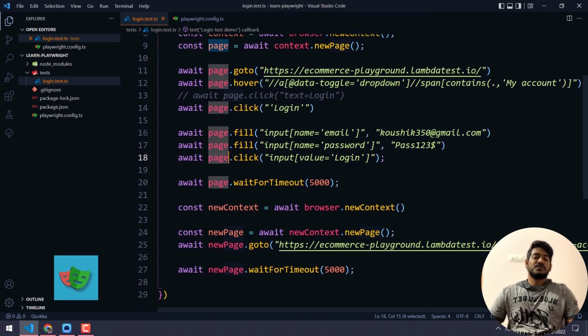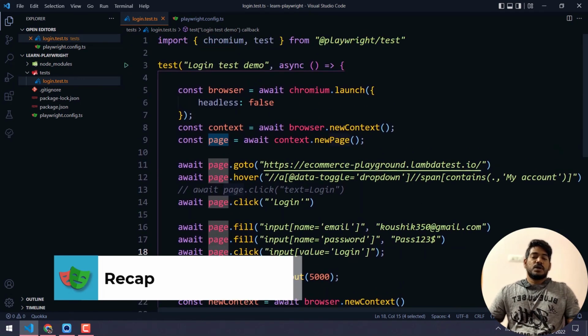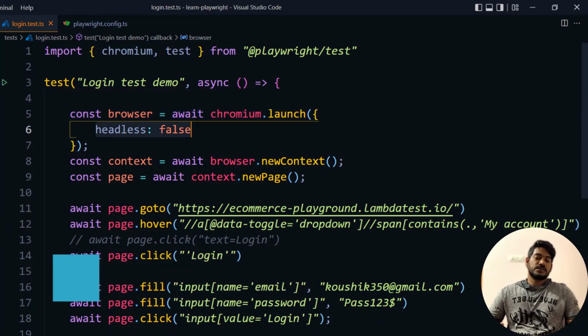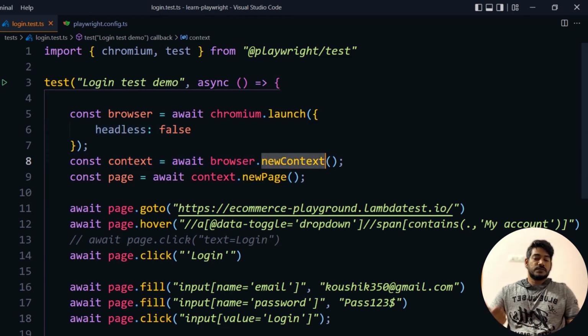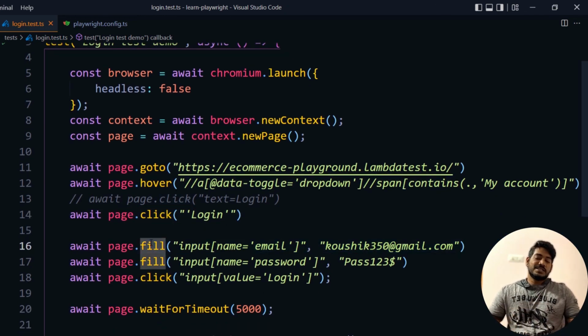We are pretty much done for this now. So let me give you a quick recap. Okay, so how to launch the browser is very simple. We have to say chromium.launch, and headless false, in the sense that by default it will execute in headless mode. That is, the browser will be there, but there won't be any GUI. Okay, and here we have got the new context. From the context we got the new page, and using the page we'll say goto to navigate to a site, hover to do the mouse over, click to do the click, and fill is like your send keys, and waitForTimeout